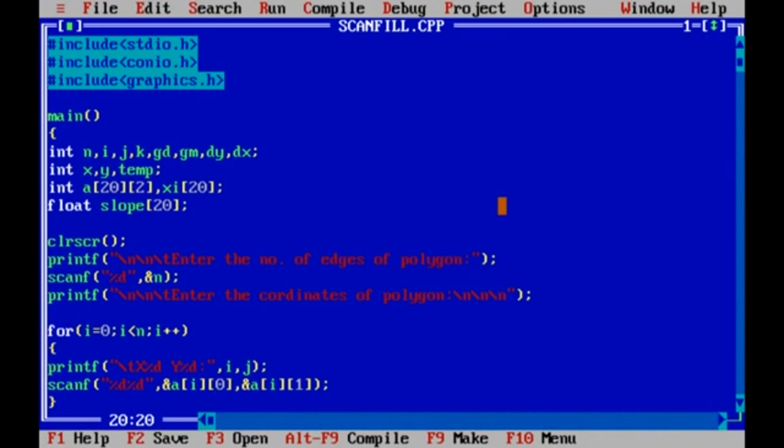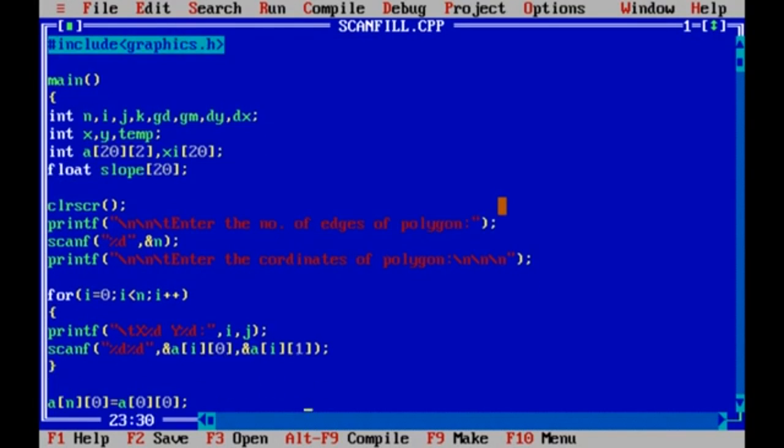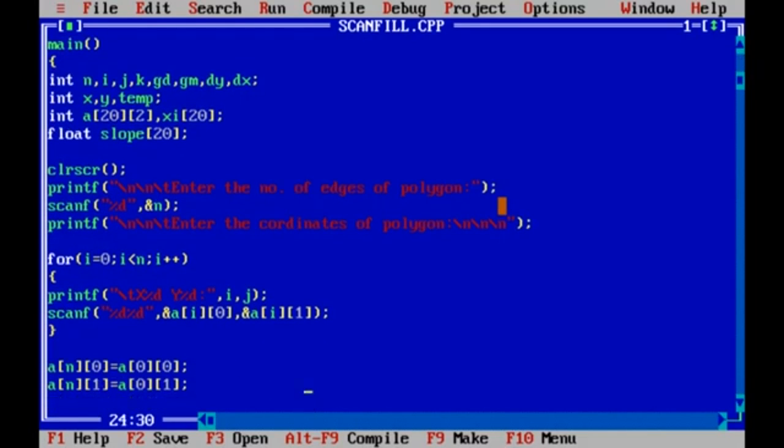In the array a, which is a two-dimensional array that holds two values, a of i of 0 and a of i of 1. Every coordinate will have 2 points. If there are 20 coordinates, every coordinate will have 2 points, that is x and y. That is why I'm writing here the address of a of i of 0 and the address of a of i of 1.